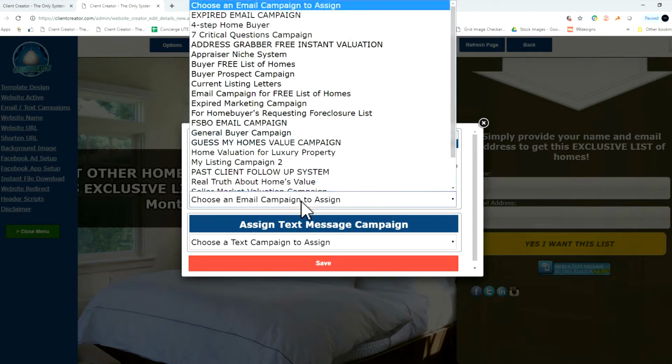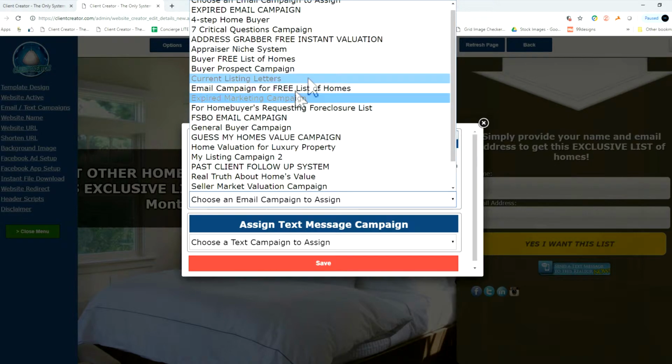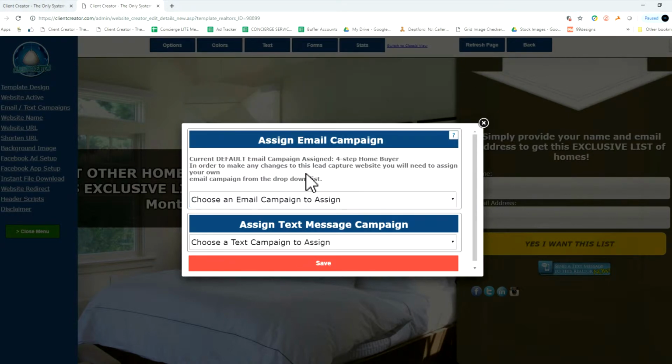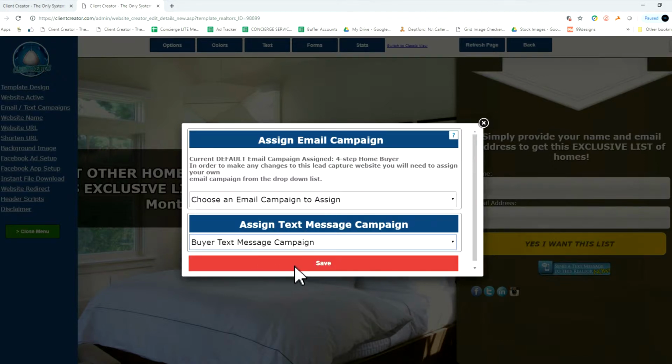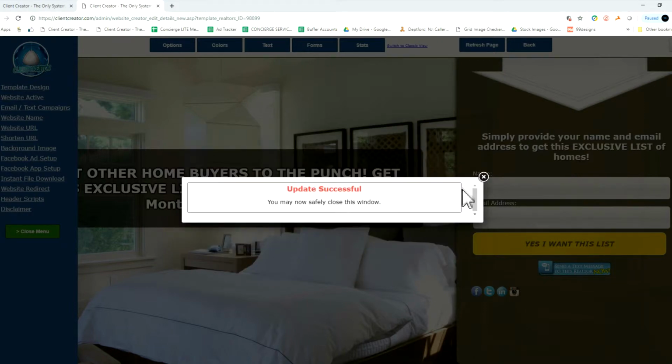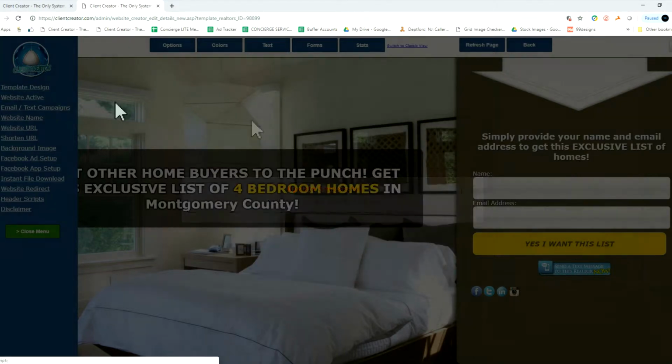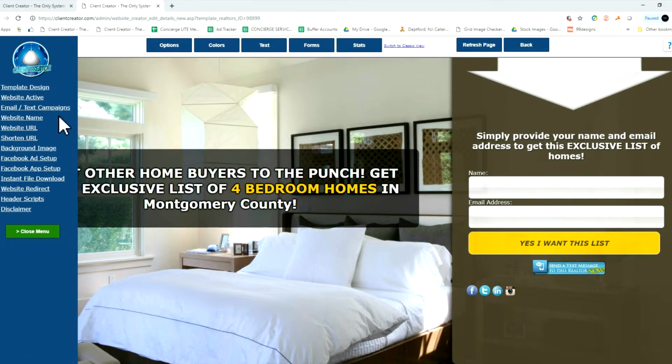And you can change that if you would like by just clicking on one of these and just changing the email campaign. So let's see here. If you want to do a text message campaign, you select the buyer text message campaign and click save. You may now successfully close this window. It updates that, and with this complete, anyone who engages the lead capture page will automatically be set up for